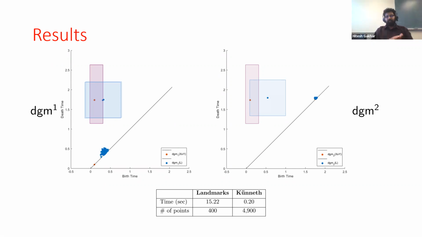So all this to say that the Kunneth strategy for this given example performs better than the landmark strategy. However, both bounds are theoretical bounds, and they guarantee that the ground truth is in it. So that means that one could use these in tandem, theoretically, and argue that the ground truth will actually be in the intersection of the two,